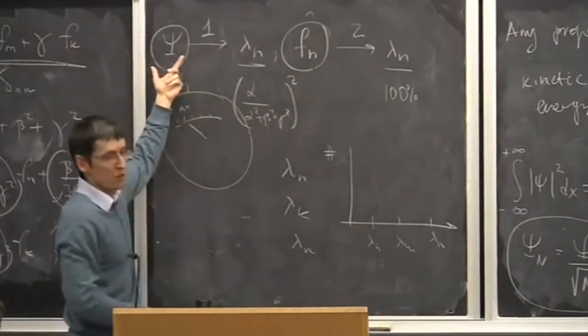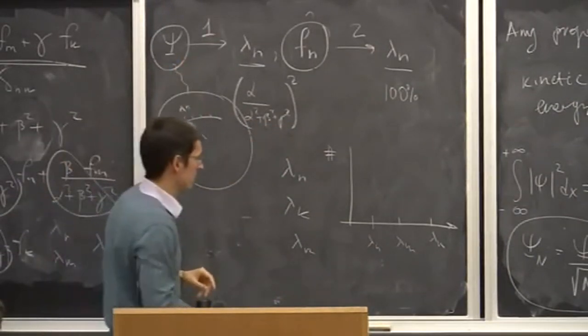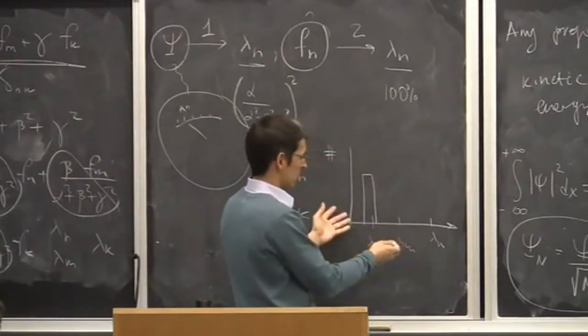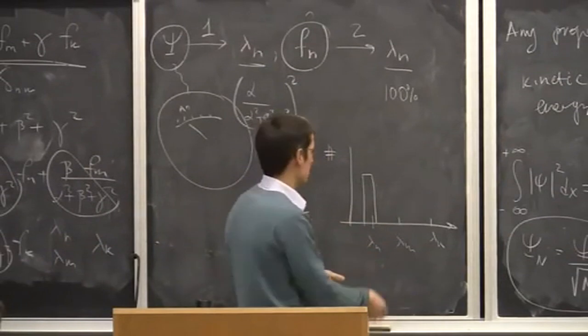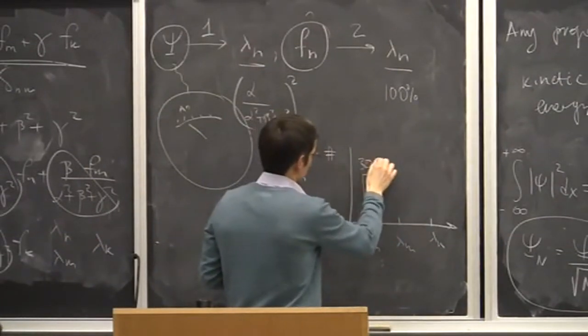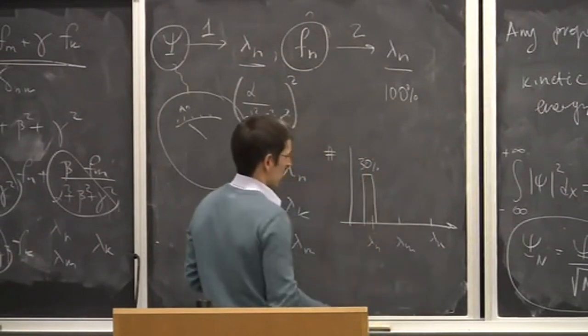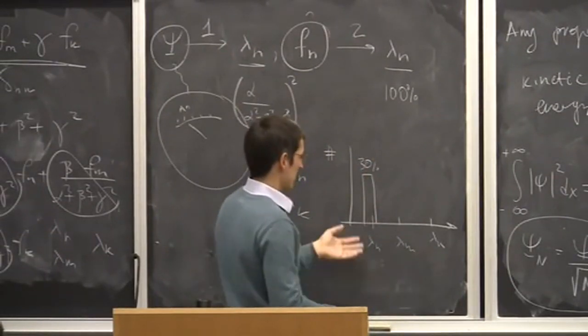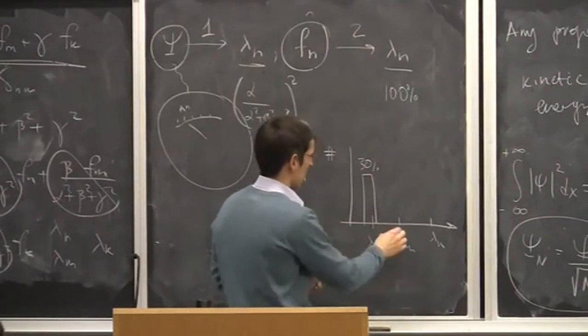That's why we create millions of systems, so that we can check this prediction. We want to work with the original function. Say we start making a histogram as a result of our measurements, and we can get, say, 30% getting lambda n. So it's like in 1/3 of all the cases you end up with this result.